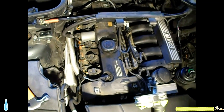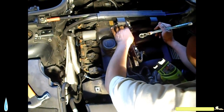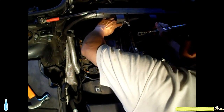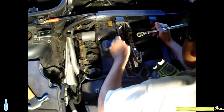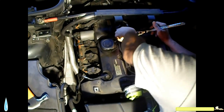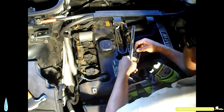Okay. Now these fuel lines would clip in here. I know this one clipped here, clipped there, that one clipped there, clipped in there as well, those wires. This one clipped here, clipped here, and this one clipped here and clipped there. And I think this one